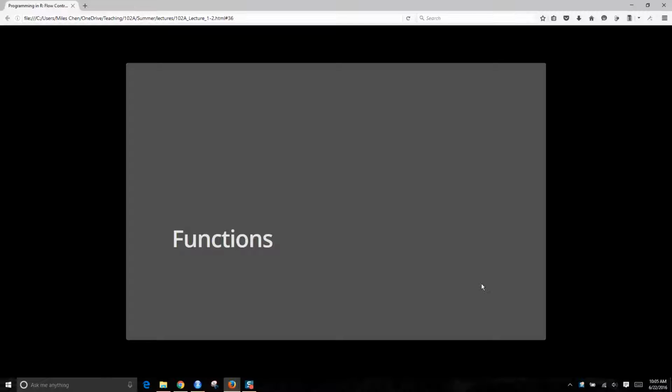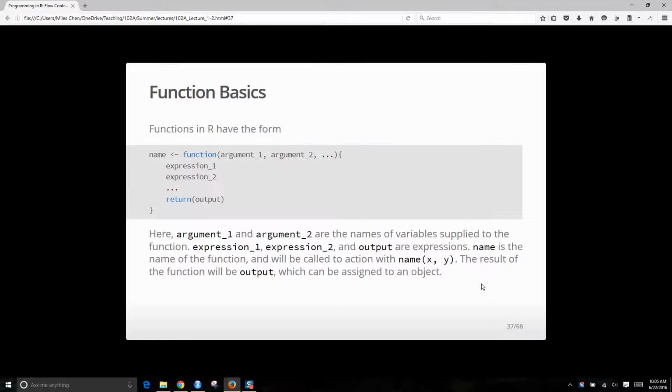Okay, so we'll talk about functions now and programming functions. In R, functions have the form where you have the name of the function, and the function accepts a few arguments, and then it evaluates this stuff. The last line will tell it to return something here. The name is the name of the function, and the result is the output,